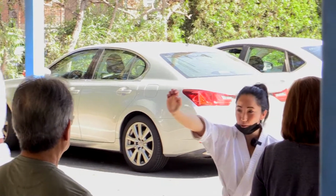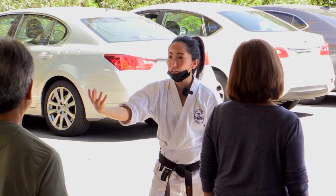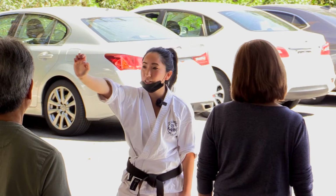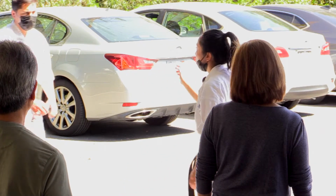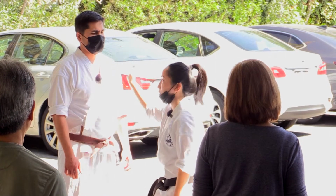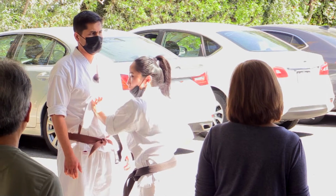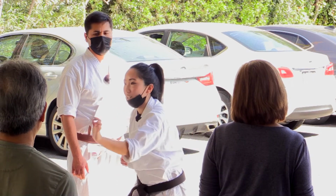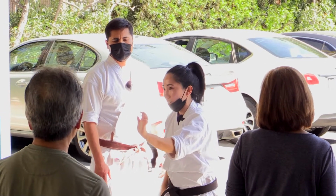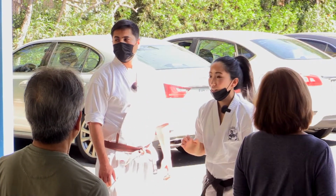Last time we stepped in, and I said stepping in with your front leg creates more of a reach. That is still the case. There are often times though where it also depends on the distance. So if Miguel is further away, then you want more of the reach. But if he's up close and you feel more comfortable with your opposite hand, you're more than welcome to do that. Sometimes in karate, or in general, it feels a little bit more balanced because it's your opposite hand, opposite foot, right? But for right now, let's just practice with the front hand, then we'll do the opposite, okay? So from here,